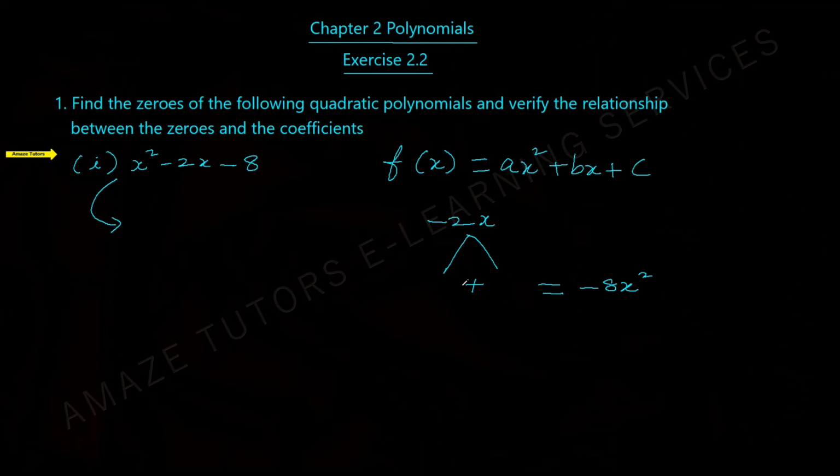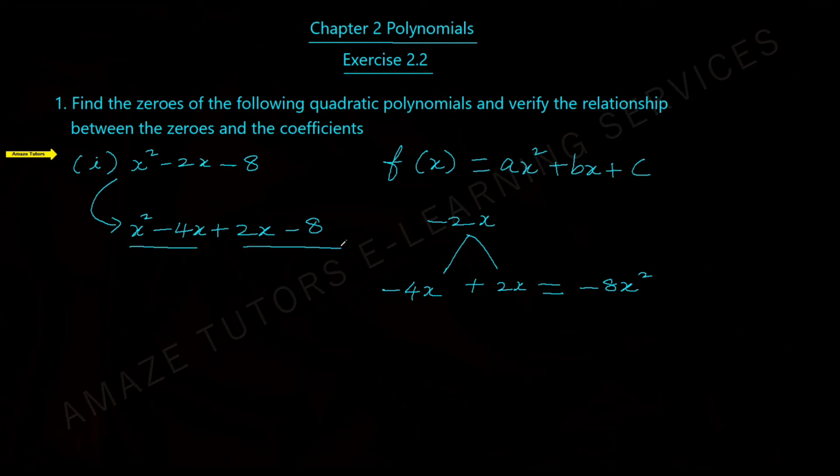So negative 2x, 4x and 2x. I can consider 4x and 2x so that the product is giving me 8x squared. But to decide which term is negative, see this. When you add, the larger number should be negative according to the integer property. So put negative here. And obviously it's giving you negative 8x squared when you multiply. So split the middle term, write with the new terms, x squared minus 4x plus 2x minus 8. Now there are four terms.